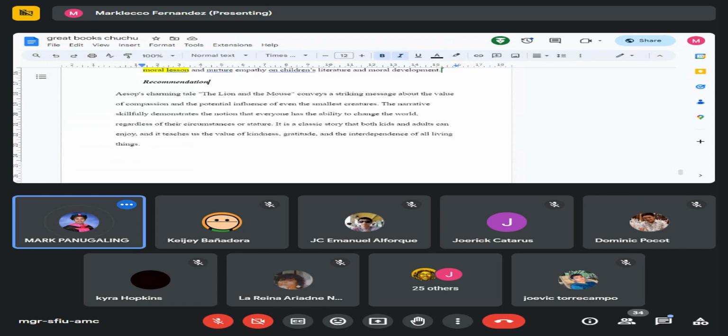For 1, what was that you said? Mimesis. In studying the core of Aesop's The Lion and the Mouse,